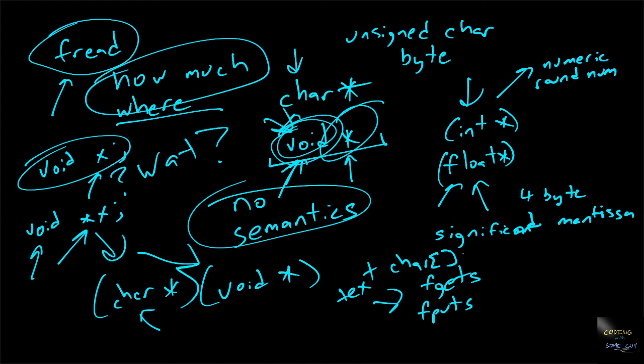I don't know what is going to be there until I take the time to cast it. So casting is your job as the coder. If you want semantics and you want to start dealing with this data, you should probably cast. In fact, when you have a void pointer, I wouldn't treat it like a UFO. I would treat it like you're holding plutonium. As quickly as possible, know what you're holding. This could be radioactive, so type that thing as quick as you can in your code. Now that's kind of editorial. It's not required by the C standard, but good practice is to type it as quickly as possible so that the compiler will prevent you from doing bad things with it.